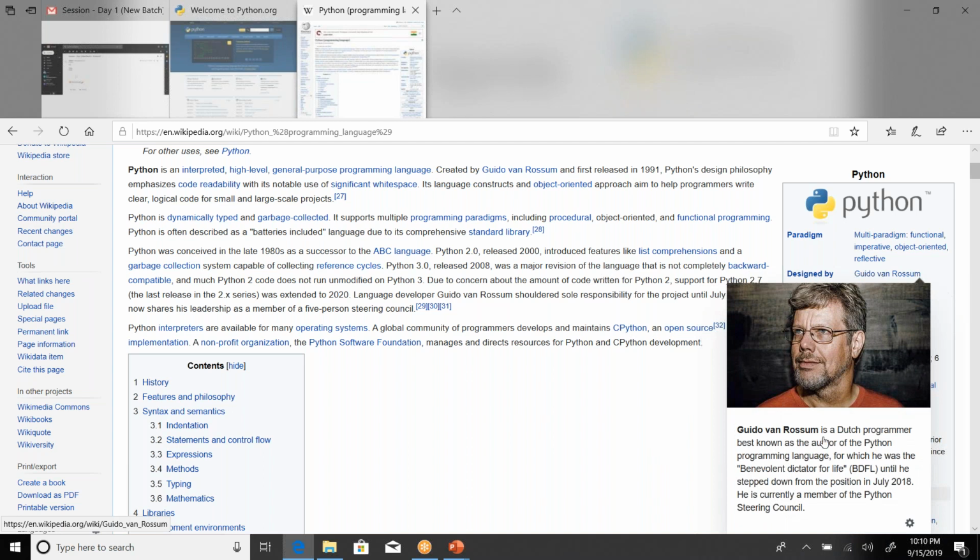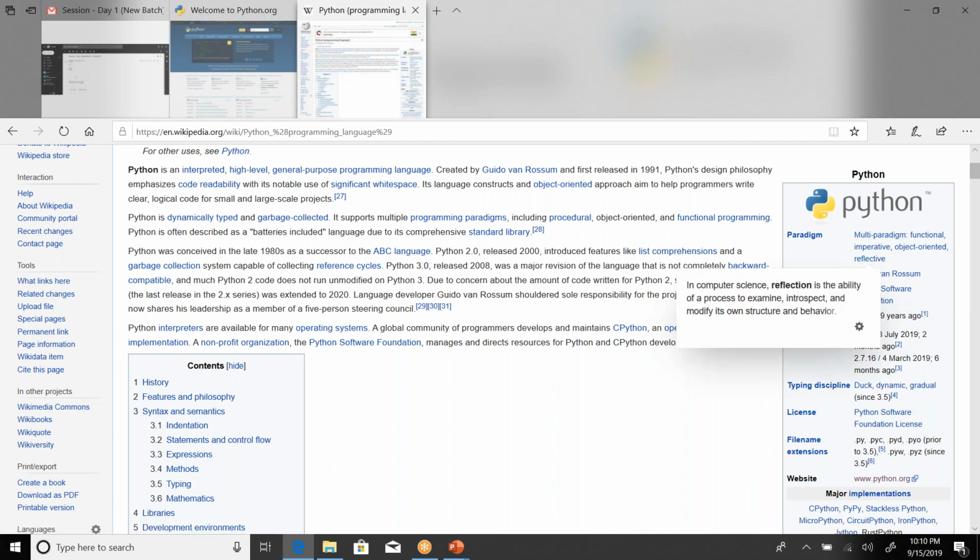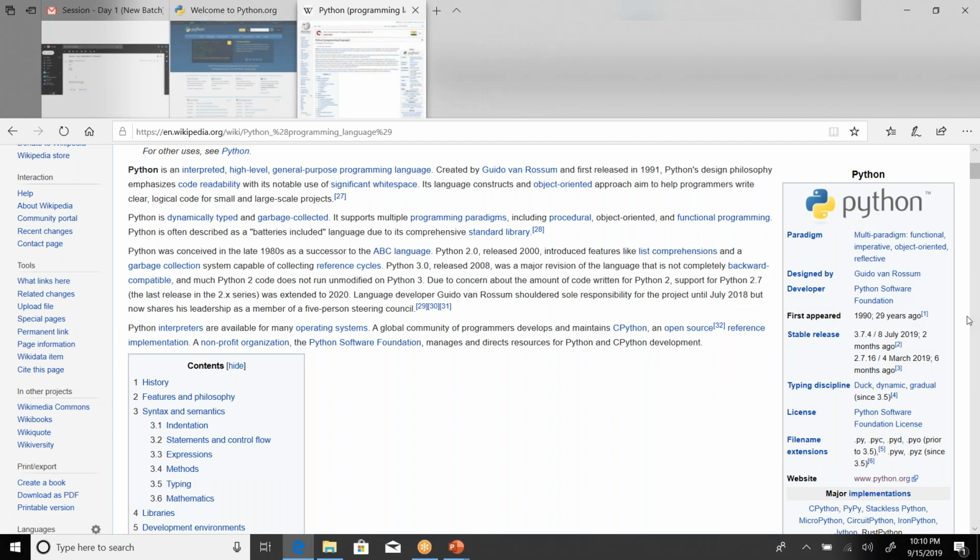He's the person behind the creation of Python. He's a Dutch programmer and the author of the Python programming language, and of course, he's still working, guys. It first appeared in the year 1990, almost 29 years